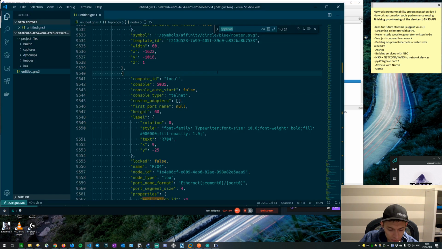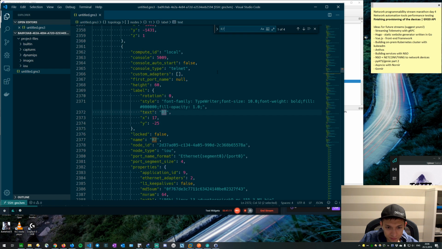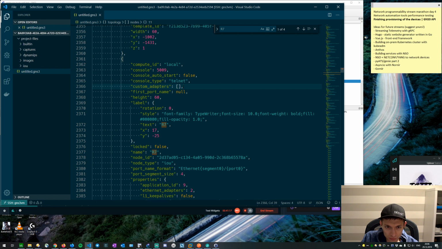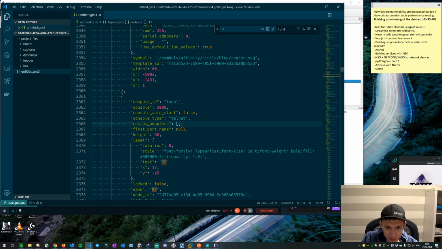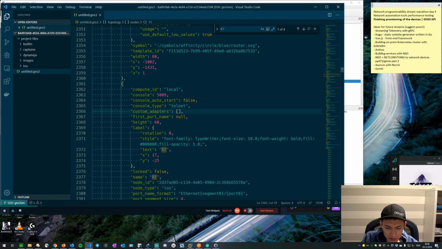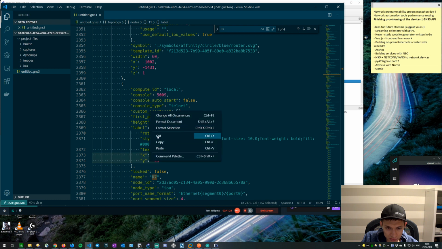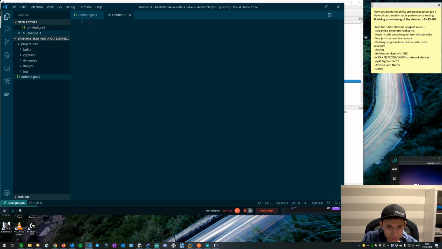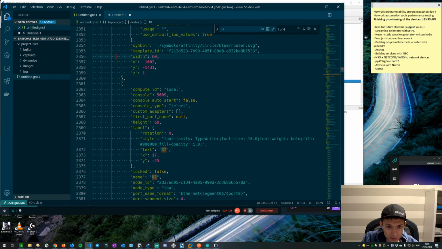We are looking for R7. Okay, and we're looking for coordinates of this one. So it's 17 and minus 25. R7, yeah. And then we need R6,